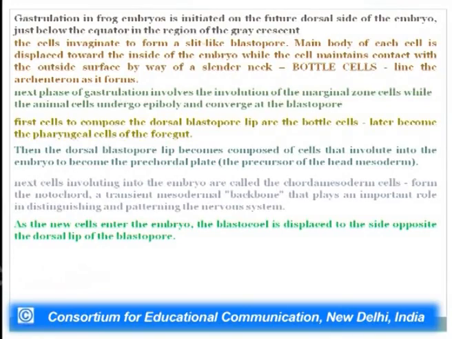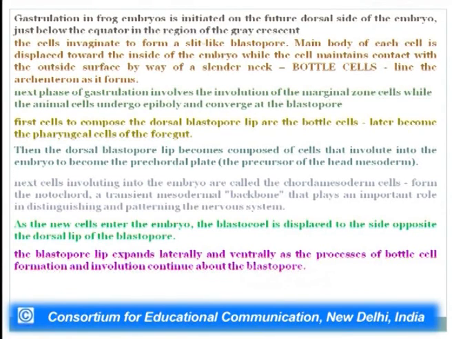The pharyngeal endoderm and all these 3 cell types that start involuting are from the marginal zone and from the dorsal blastopore lip, that is the first structure for the gastrulation to begin that has appeared. So, everything is moving from the dorsal blastopore lip, pharyngeal endoderm followed by the head mesoderm followed by the chorda mesodermal cells. Now, as the new cells enter the embryo, the blastocoel is displaced to the side opposite to the dorsal lip of the blastopore,